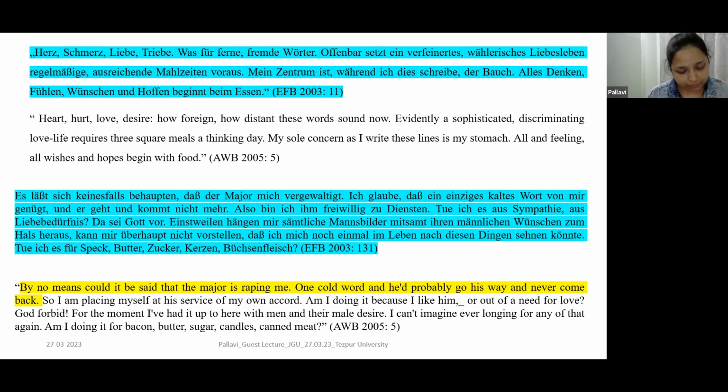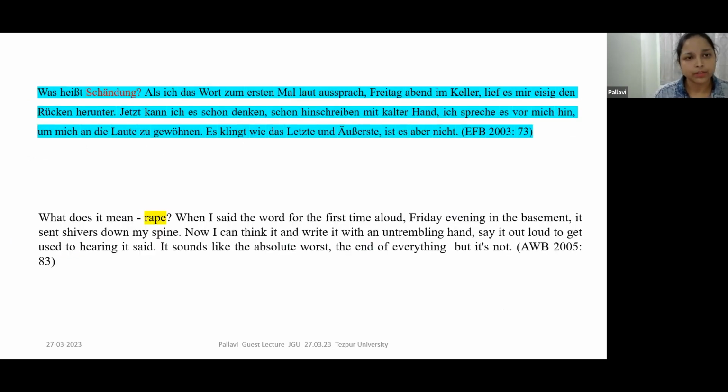Further, she uses the word Schändung three or four times in the entire text, not the word Vergewaltigung, which is the word for rape, but of course the translation translates the word Schändung as rape here, and we can differ here. Why? Because